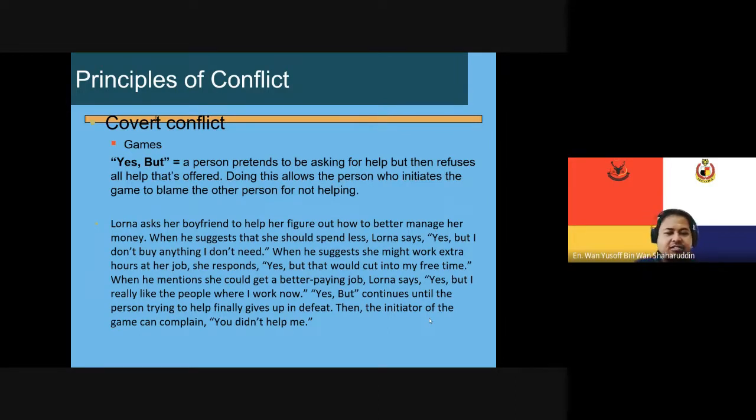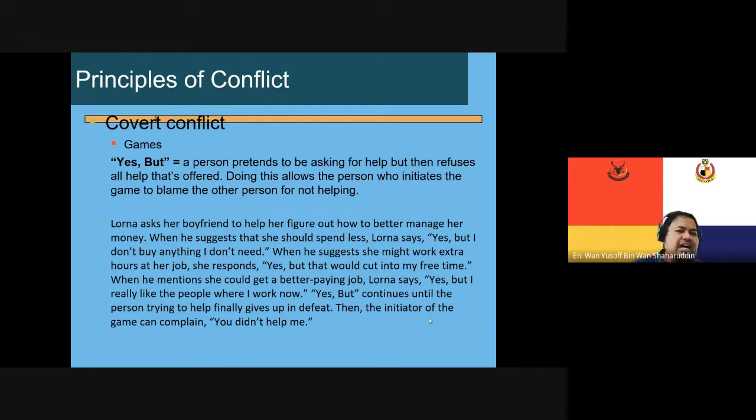In the end of the situation, I myself was the one who is complaining. I will say that you are not helping at all, right? But then it is actually me who is not accepting, or who is refusing to take all the help offered to me. All right. So in the end, I will just be blaming that person for not helping.